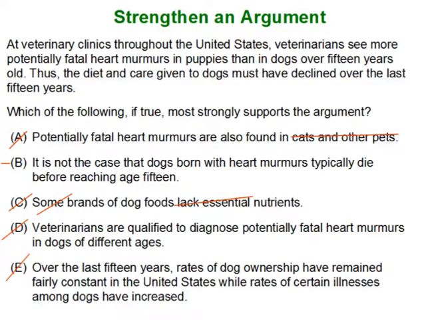Now, if that's true, dogs with heart murmurs usually die before they turn 15, then there's nothing strange about the vet's observations. Yes, this is typically normal. We see puppies with heart murmurs. We don't see any 15-year-olds with heart murmurs because they all die before they turn 15. So if we remove the "not" from answer choice B, there's nothing strange about the vet's observation, and therefore there's